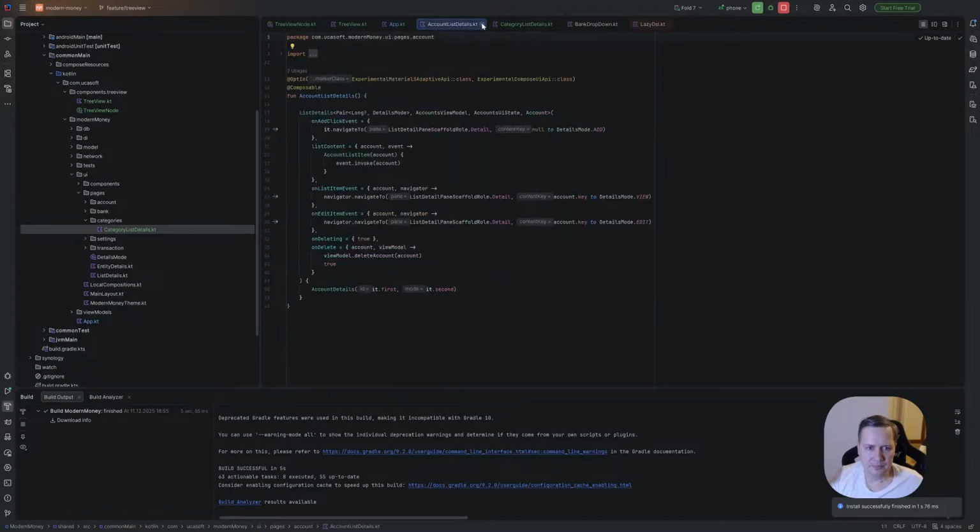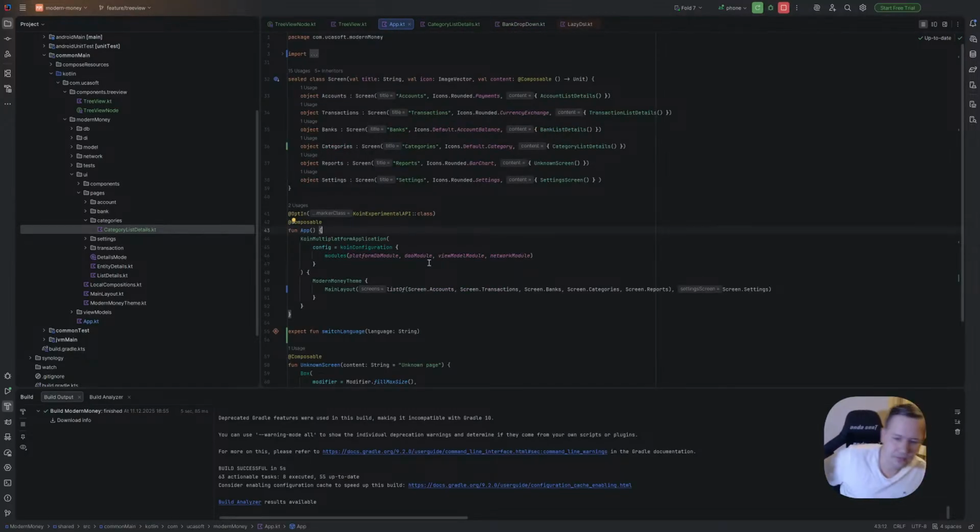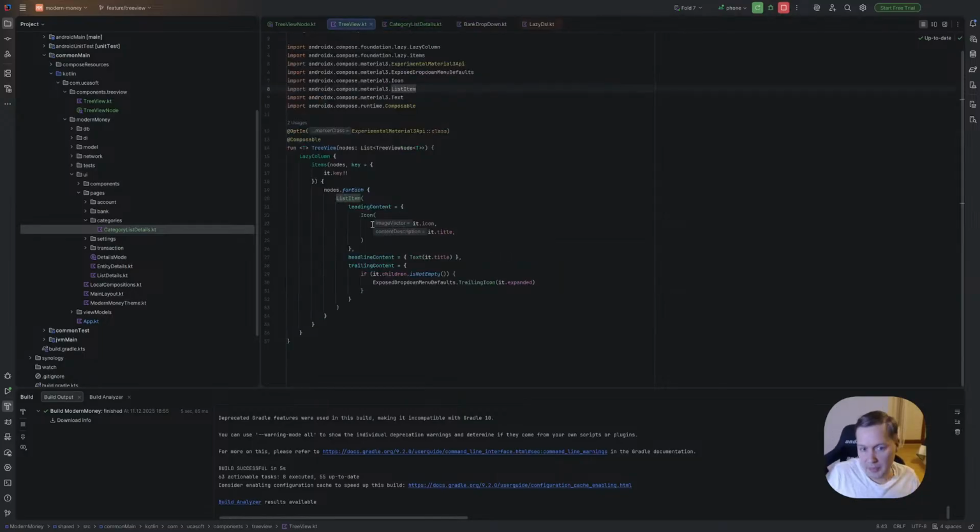Okay. So right now we need to implement this expanding, but it looks like it should be stored inside the list itself. So we have TreeView, and each item can contain its own, let's say, LazyColumn. So it should be a column with the item itself plus sub items, yeah.